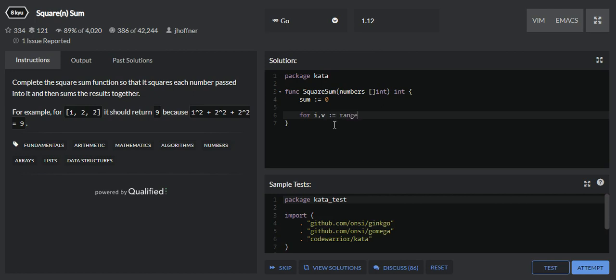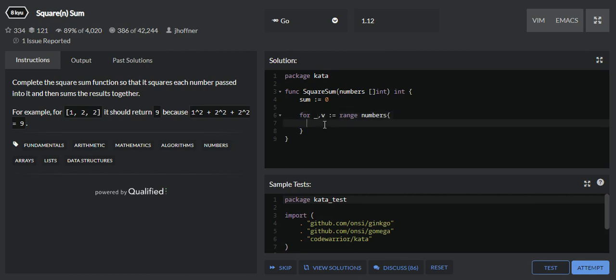I'm using a range loop in order to iterate over the numbers. The range loop will iterate over each number, and it will return the index of the number as well as the actual value for that particular index. As of now we do not need the index, so I am using the blank identifier here.